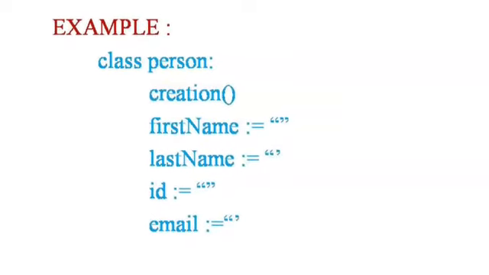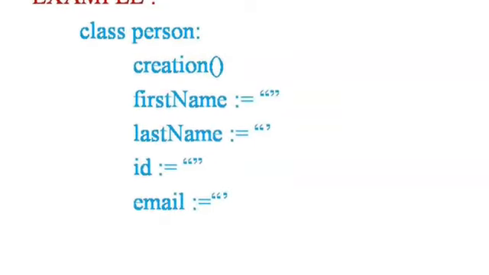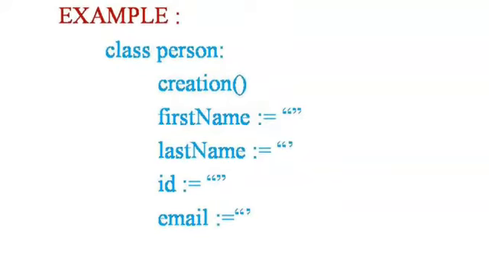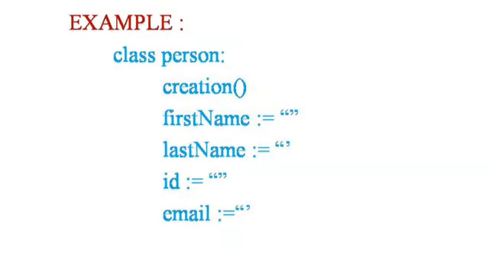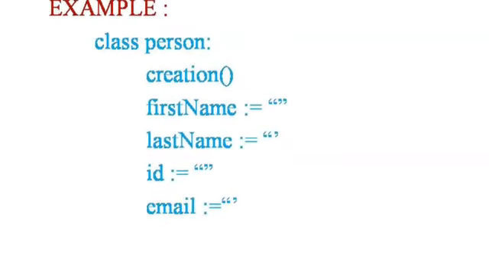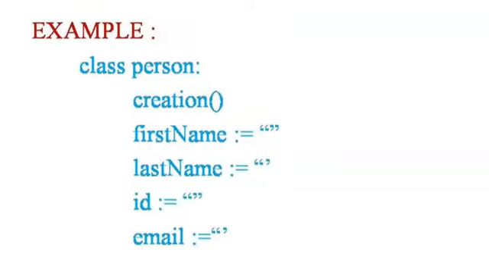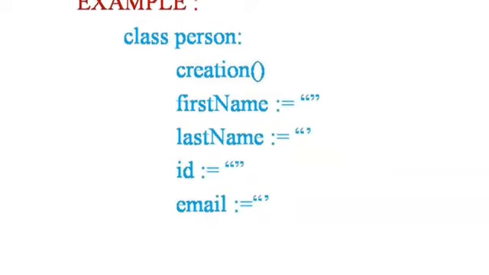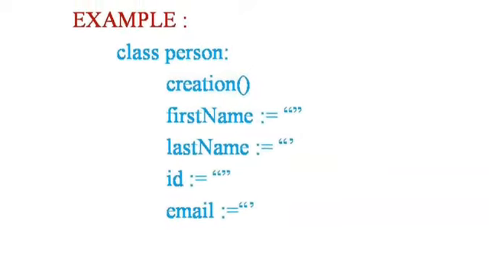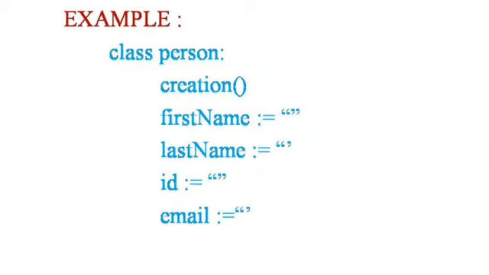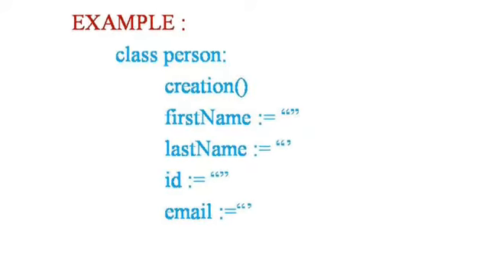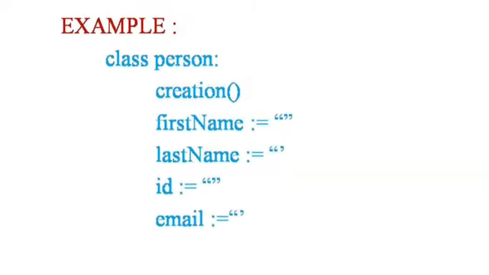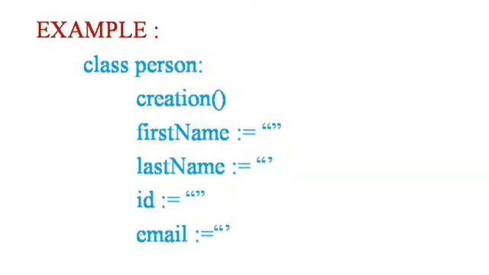Class person is created with different variables. It defines the multipart object of different persons: a person's first name, last name, ID and email ID. If you want to access information from the class, an object has to be created. Different details about a person are collected. What is a multipart object? In each and every column, values with different data types will be entered. So in this class person, we are not entering one person's information; we can enter more than one person's information.